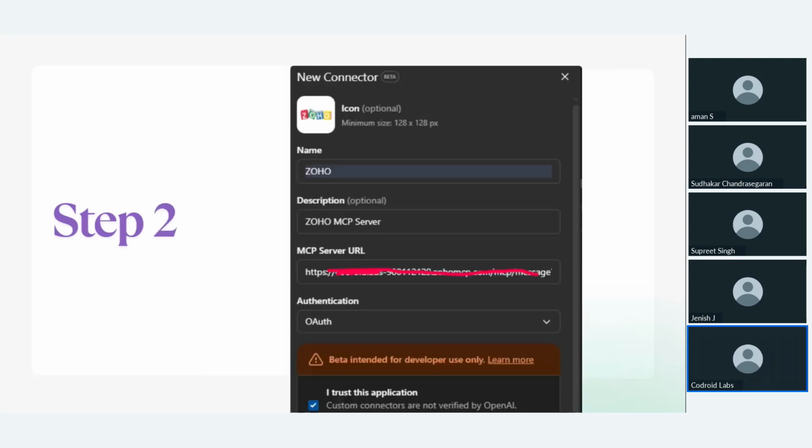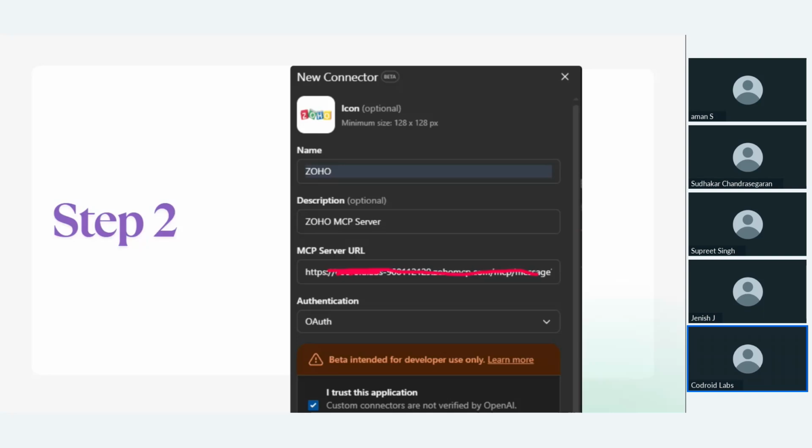When you access the Zoho MCP server and find a URL, first you put in a name and an image, then a description of what exactly this MCP does, and then the MCP URL.